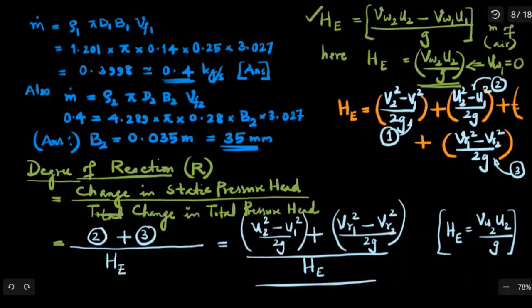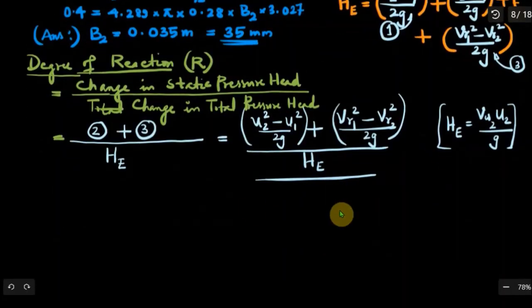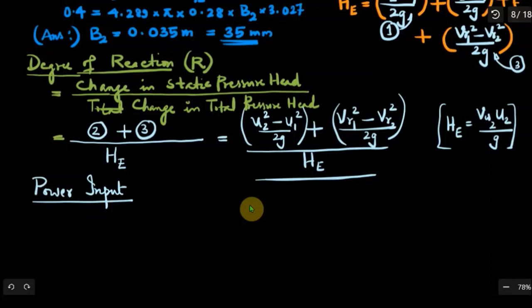So degree of reaction for rotodynamic machines, so we defined. Now we will consider the power input to the compressor. Before finding the degree of reaction and other quantities, we have to get the relative velocity components in addition to the other components we found out already. Now we will answer the power input part. So how do you find out power input to the compressor? Power input to the compressor is work done per second, so that is mass flow rate multiplied by specific work input.